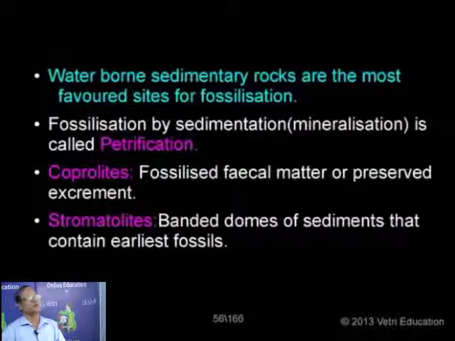Now we have different methods of fossilization. One such method is fossilization by sedimentation, also called fossilization by mineralization. When animals or plants die, what will happen? Their original organic body parts are replaced by certain minerals, molecule per molecule, particle per particle. The original body parts are replaced by minerals or ores, for example, calcium carbonate, iron pyrite, or double carbonates of calcium and magnesium. So either magnesium carbonate, calcium carbonate or silica.